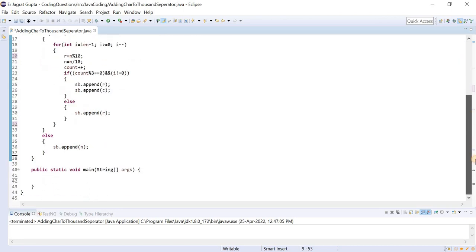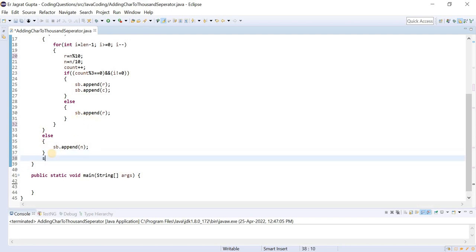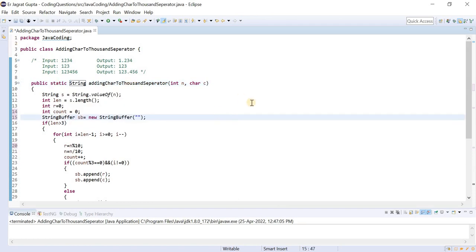So we need to do some modifications also, like this sb is the string buffer, so at the end of the program we need to convert it using sb dot toString, so that we can get our output in a string format. So you can see that we changed it.